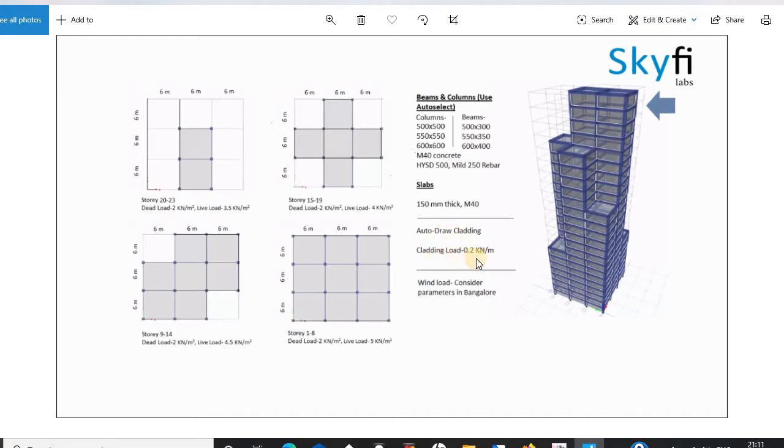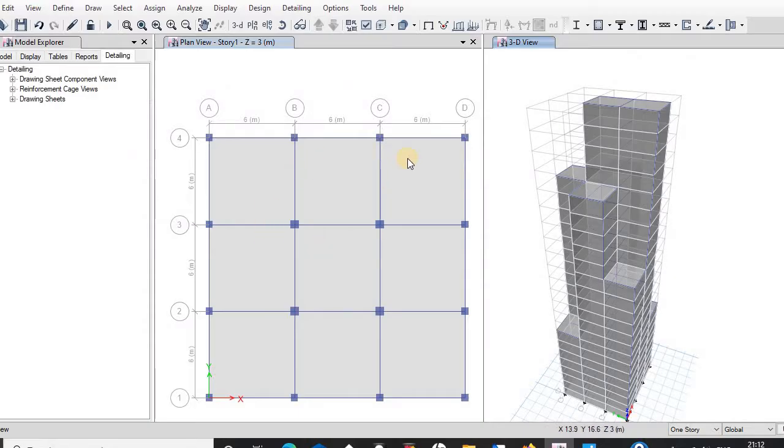Cladding load is 0.2 kN per meter, which will act only at the exterior beams. This building is to be considered at Bangalore location, and wind load is to be considered for this. This is our building model, this is the plan, and this is the elevation.